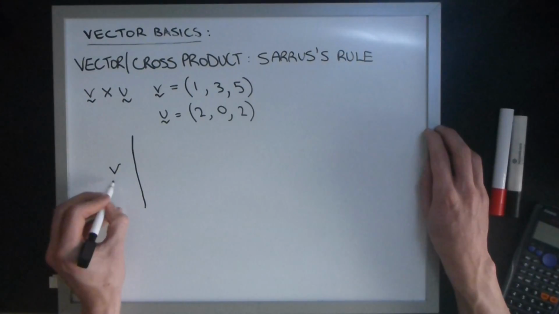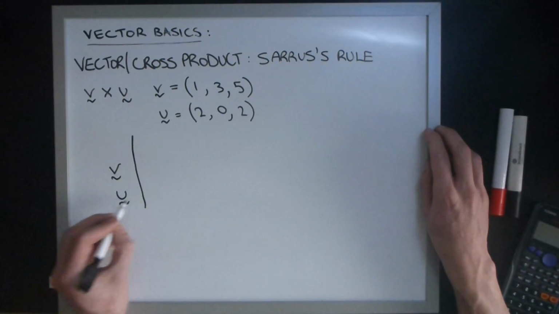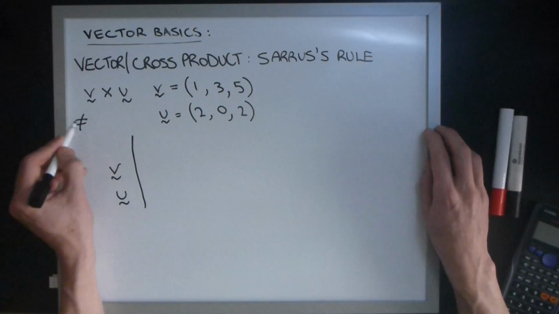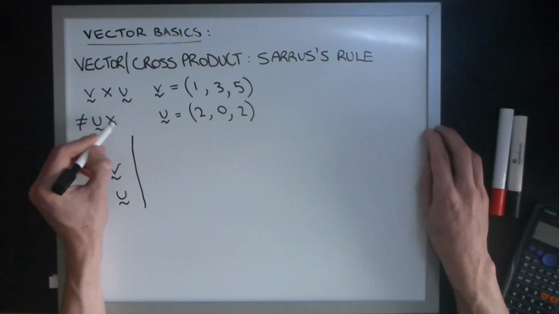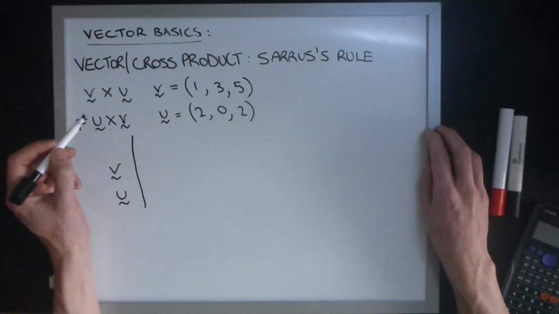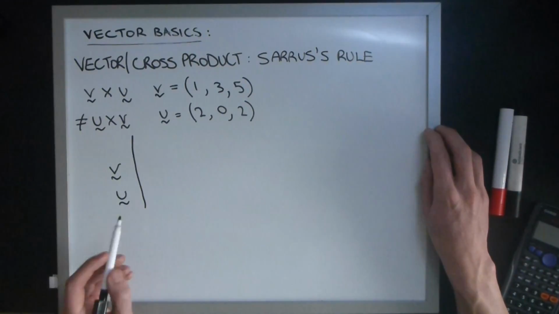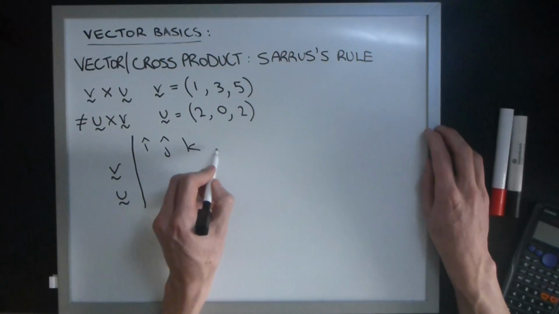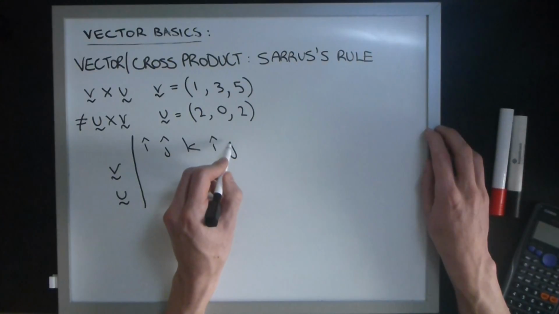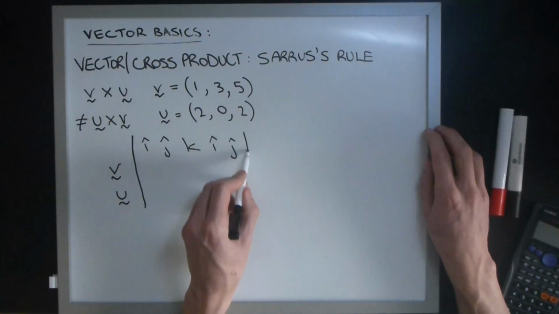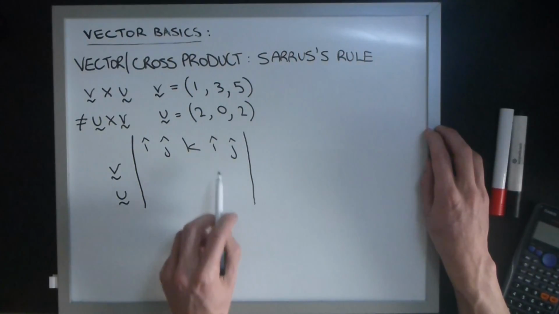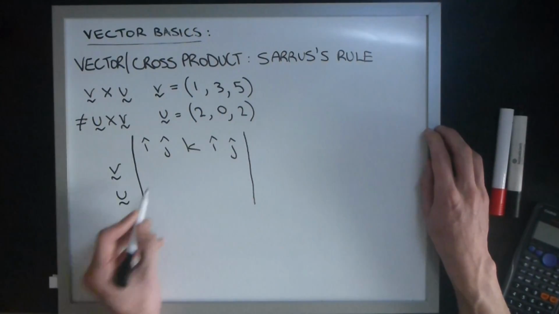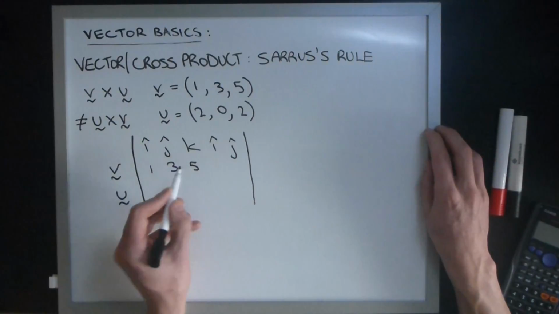If we have V cross U, now a word of warning, V cross U does not equal U cross V. These are 2 different products, and I'll show you why now. So if we remember that each component can be rewritten as i's, j's and k's, Sarrus's rule states that if we extend out a box around our components and rewrite them a little bit further,